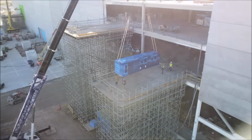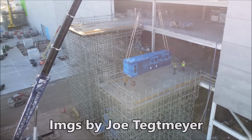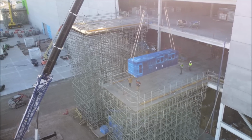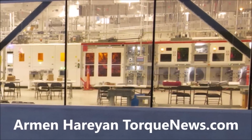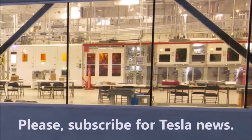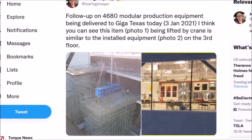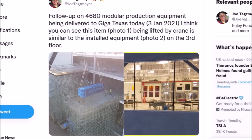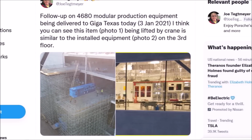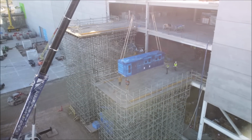We are expecting a huge announcement about Tesla Gigafactory Texas by the end of this week, but it also can be related to the 4680 Tesla modular battery. So Joe Techmeyer, who regularly provides Tesla Giga Texas information and drone flights, has tweeted today 2 images that you're seeing on your screen saying follow up on 4680 modular production equipment being delivered to Giga Texas today, January 3,